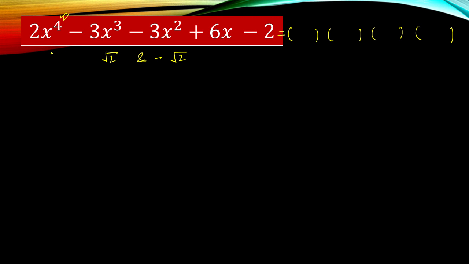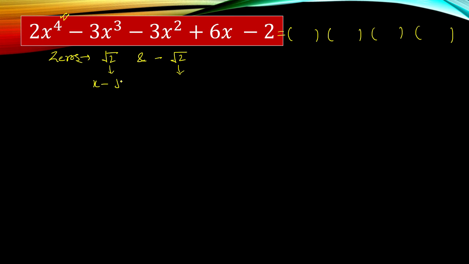These are the given zeros. The remaining two zeros we have to calculate, because it's a degree 4 polynomial, so we will get 4 factors and definitely 4 zeros. Two zeros are given, two zeros we have to find. In the first concept we have seen that we change the sign of the zeros and associate with the variable, and we can find the factors.